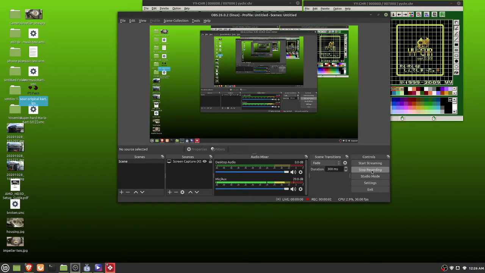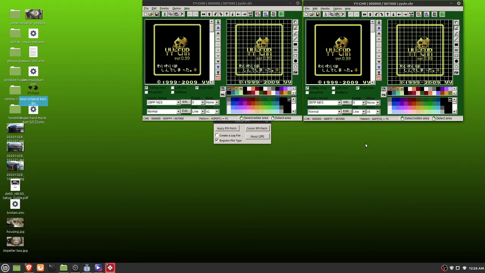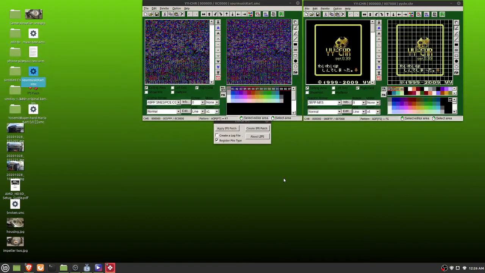Here I'm going to show you how to run a program known as YY-CHR in a way it's not meant to be used. This program is designed specifically for editing sprites, and when I go over here and load in a ROM hack known as Super Sour Music Cart, which is a hack of Super Mario Kart, it has music inside of it that has been edited